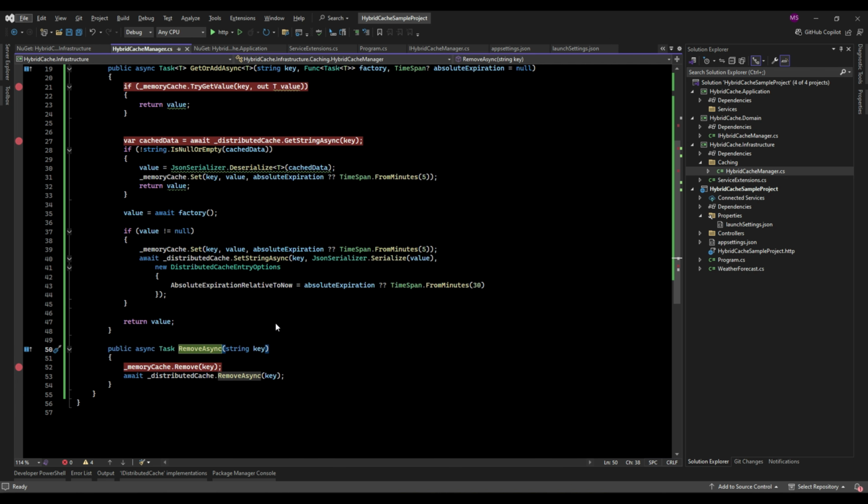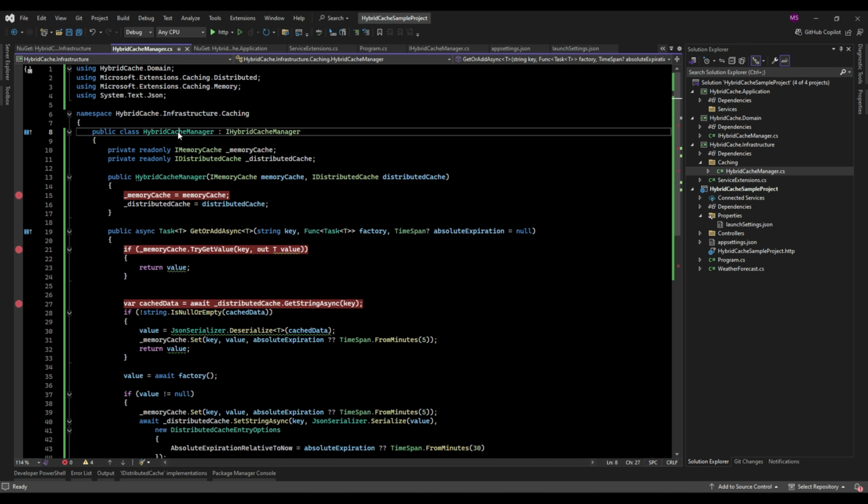Okay, so far so good. We implemented the hybrid cache manager class in the infrastructure layer, where we brought the hybrid caching mechanism to life. And now that we have a solid understanding of the hybrid cache manager and its implementation, let's move forward to the next step, registering our services and integrating the cache setup into the project configuration. We will also explore how these configurations connect to the broader application and how we can test this hybrid caching functionality. But first, let's dive into setting up the necessary services in our project.